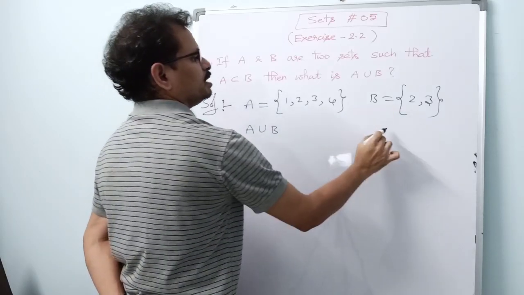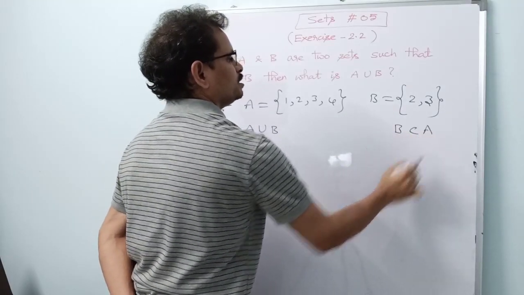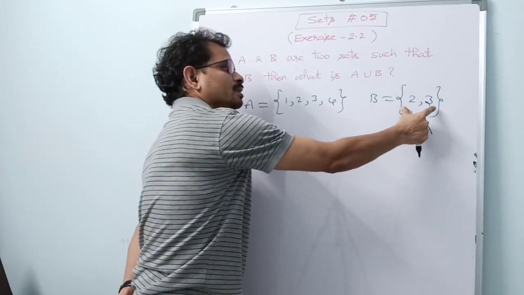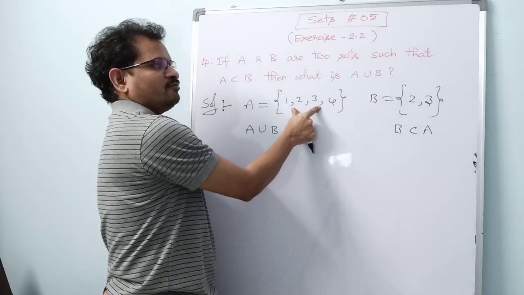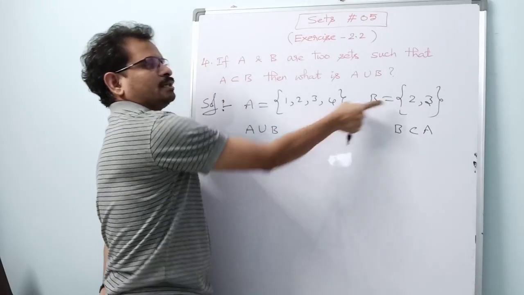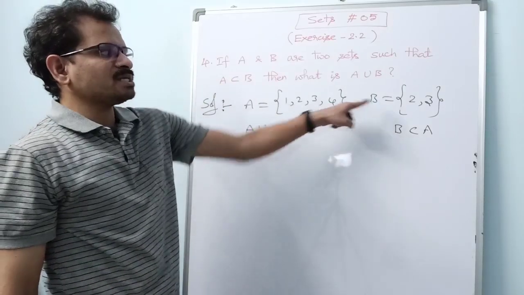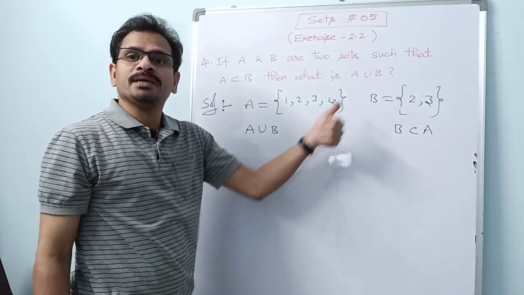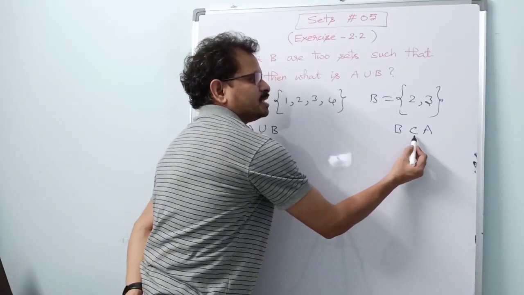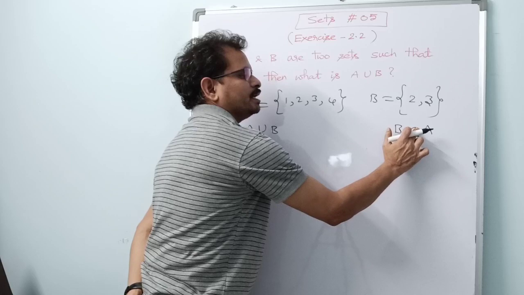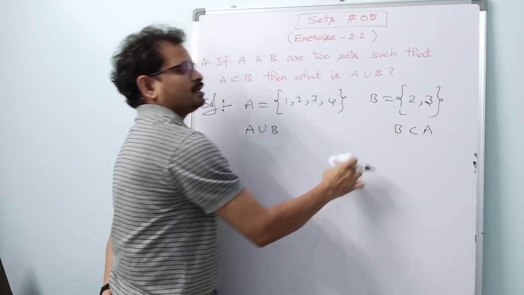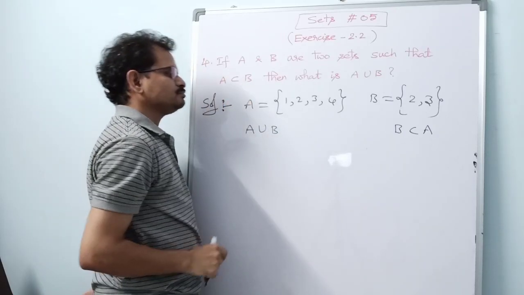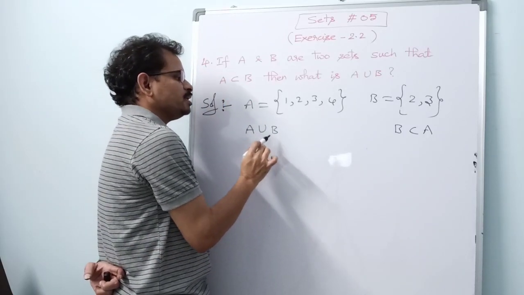Here it is very clear that B is subset to A, because of the definition of subset. Once again I am reminding you, if all the elements of a given set are there in another set, then this set is subset. Here B is the proper subset of A. If B is equal to A, then B is called as improper subset of A. If it is improper subset, we write like this: B subset or equal to A. Since this is a proper subset, we are writing like this. In the question also it is given like this, no? See here, that means A is the proper subset of B. So then in this case, what is A union B?